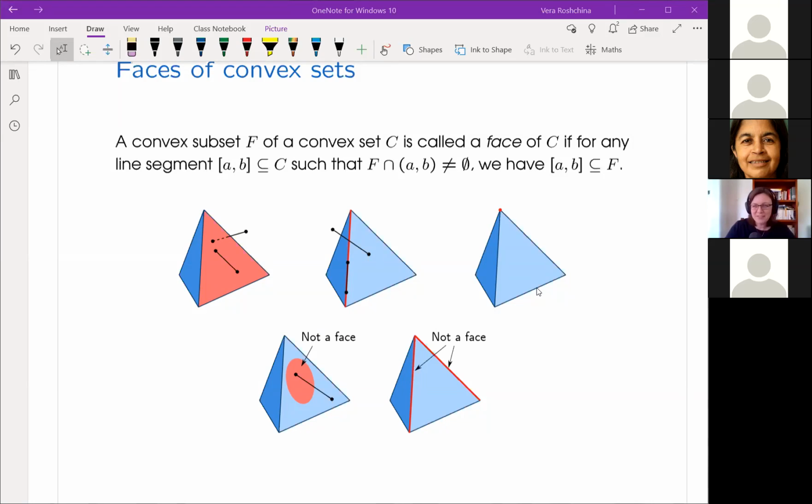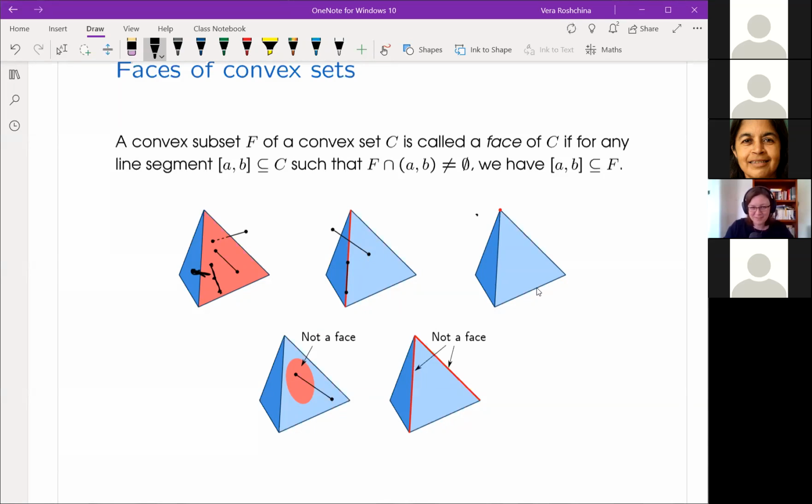Whenever I take any point on this facet and try to find any line segment contained in the tetrahedron, the set C, that has this point in its interior, this entire line segment should be inside this facet. No part of it can be inside the interior of the tetrahedron. So it's a face. You see from this definition that edges are faces and that vertices are also faces,